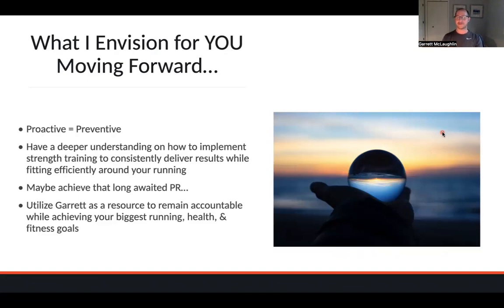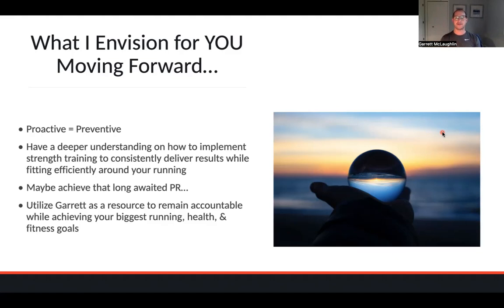I want you to have a deeper understanding of how to implement strength training so you can consistently deliver results while fitting that efficiently around your running. That's the other piece, which we're not going to cover today, is how to follow a periodized running plan and strength training plan. Just knowing that as running starts to ramp up, your strength training needs to back down and vice versa. When you get to that off season, after your goal race, running will back down, strength training will crank up. So things tend to ebb and flow and kind of move around each other throughout the